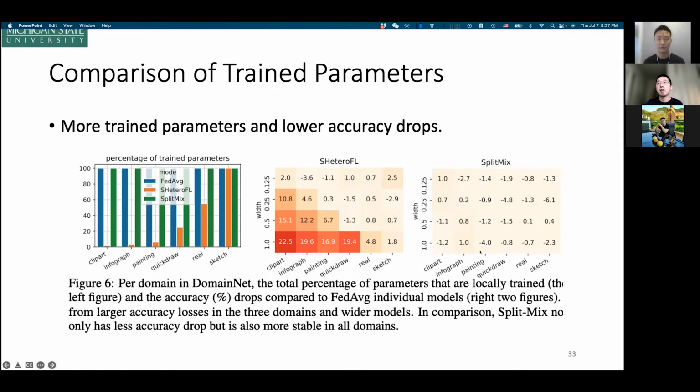In comparison, our method barely drops in all domains. We perform so well on all domains compared to the ideal upper bound. So this is a perspective to understand why our method works so well.